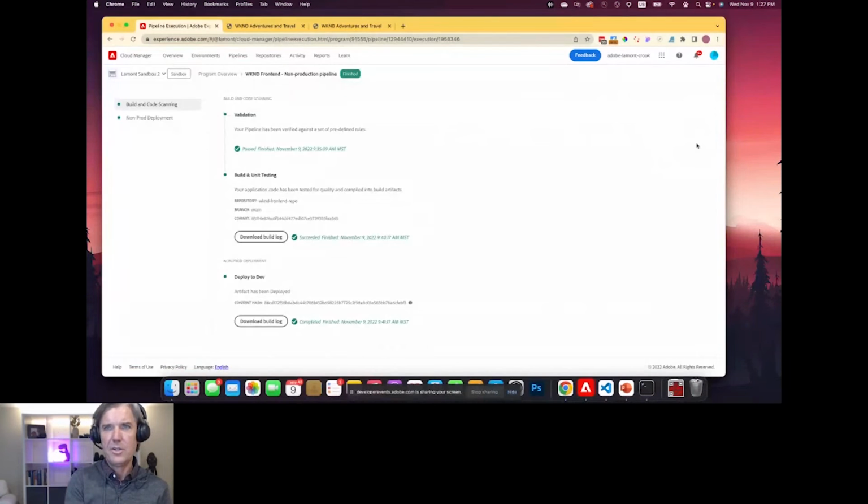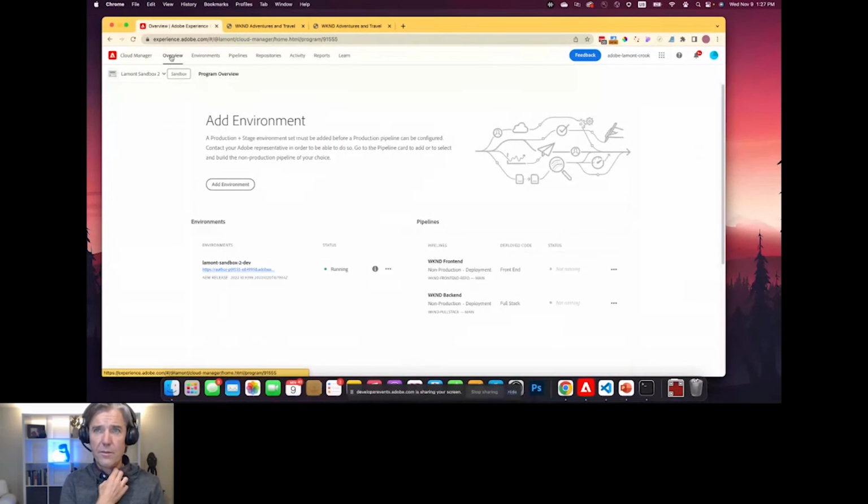That is the stages of the front end pipeline. So normally you would run that front end pipeline. If we look over here at the overview, so this particular program, a program is kind of like an instance in traditional AEM land, where you start up an SDK or run a virtual machine in production.